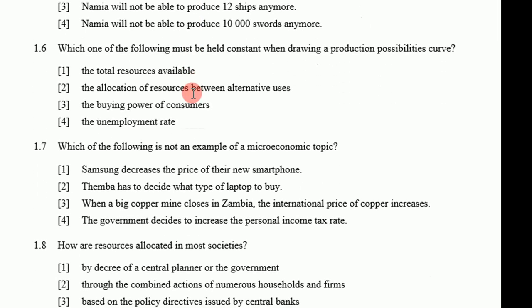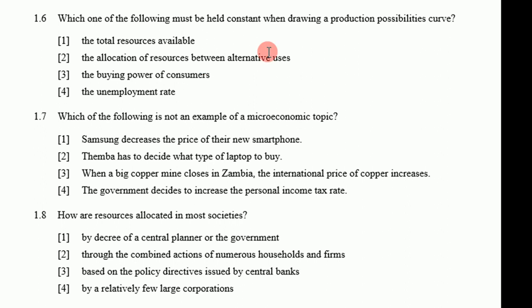Which of the following must be held constant when drawing the production possibility curve? This is obvious that what needs to be held constant is the total resources that we have. Resources are in limited supply. Holding other things constant, which is the resources available, then we draw. All other factors of production might sometimes increase, technology must, but the resources that we have